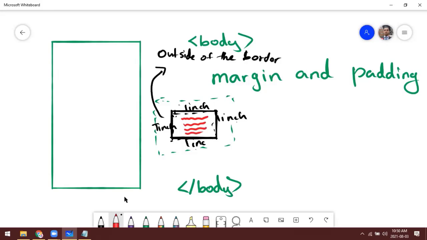This space inside the border, if we make some space, we call it padding. I'm giving a very simple example, not talking about technical things, just a simple example so you can easily understand the distinction between margin and padding.